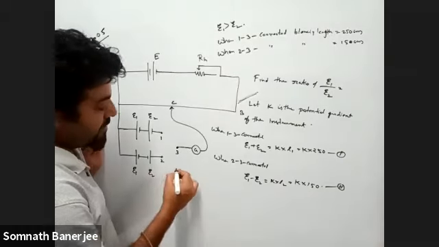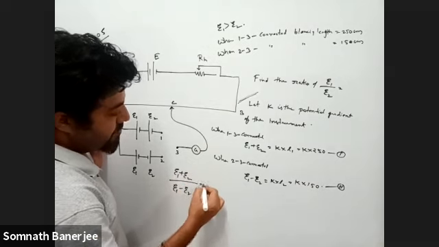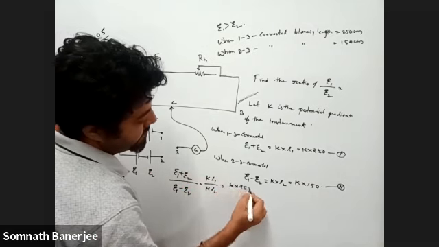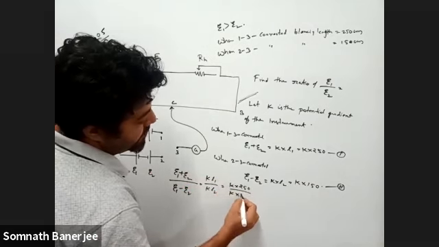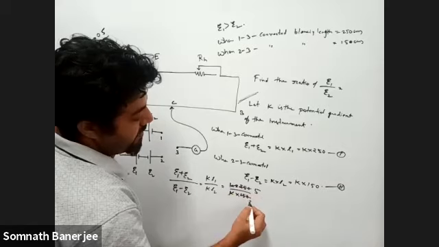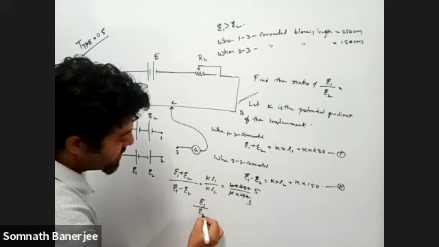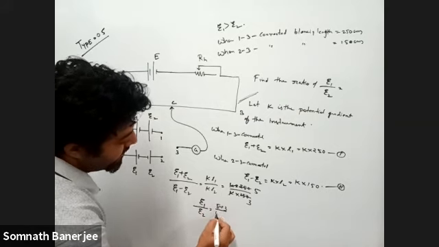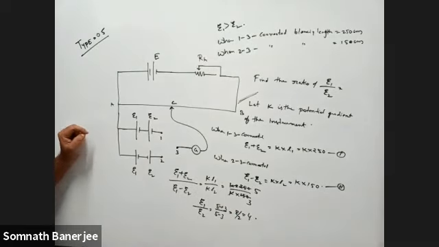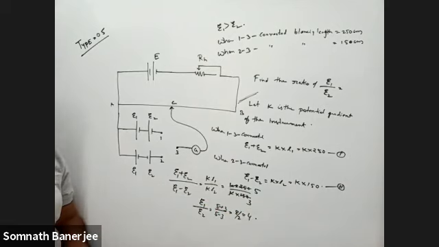So now if you want to compare them, E1 plus E2, E1 minus E2, KL1, KL2. So K into 250, K into 50. This becomes 25, 50, 5. This becomes 3. So now we can use componendo and dividendo. Hope you understand. 5 plus 3 by 5 minus 3, 8 by 2, that is 4. If you don't know componendo and dividendo, then directly do cross multiplication, and E1 by E2 you can find.